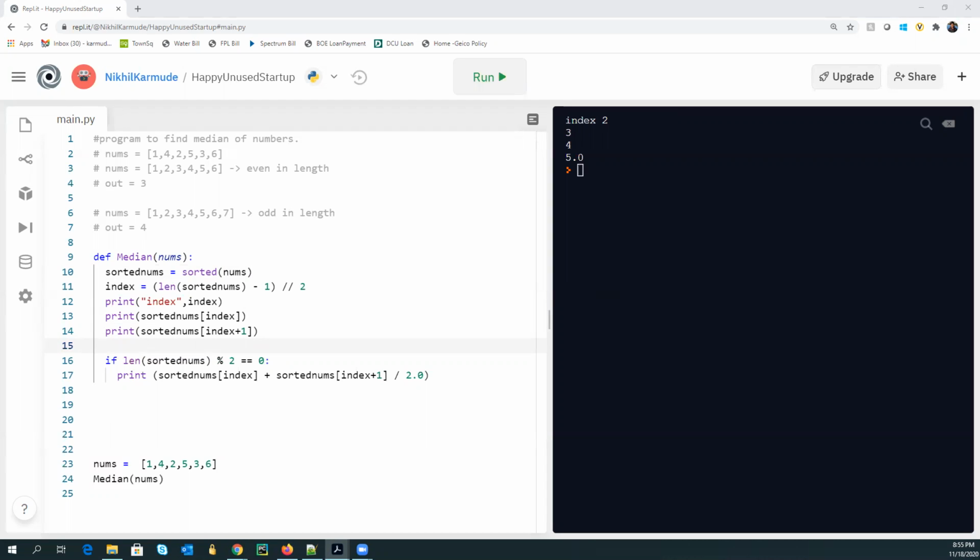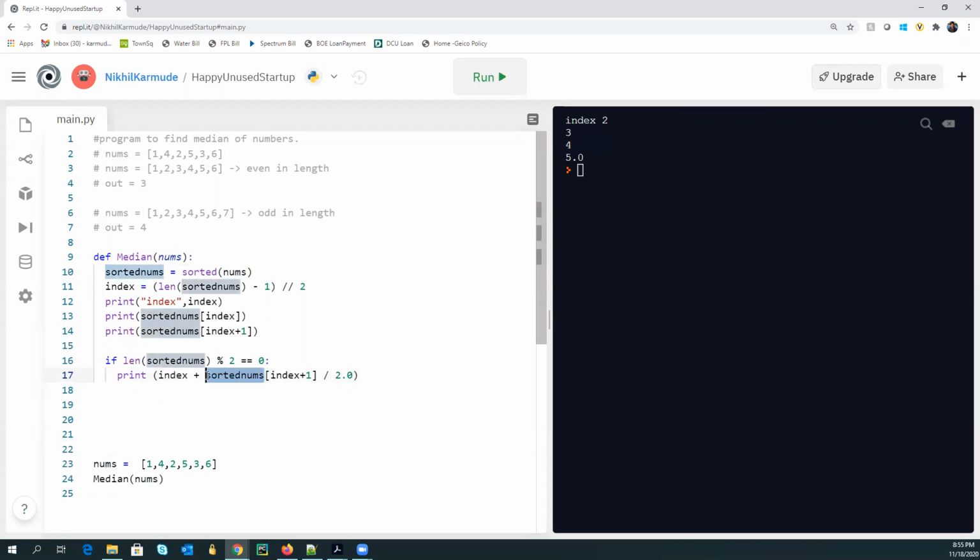Because, okay. So actually we don't need to add this 3 and 4. We need to add the indexes basically. And then once we get that final index,